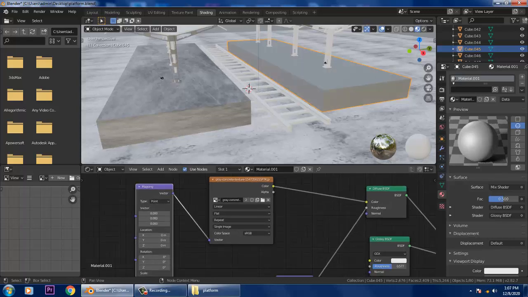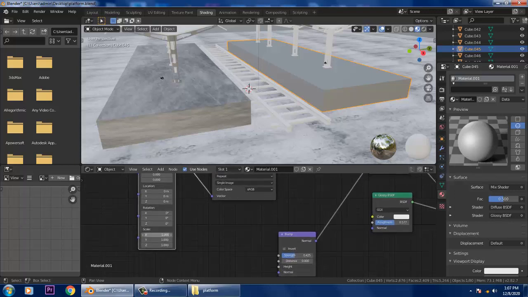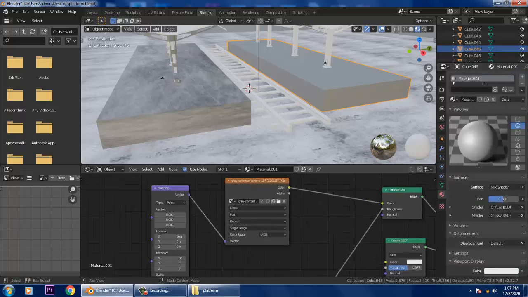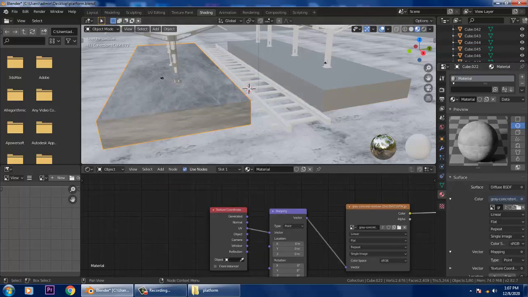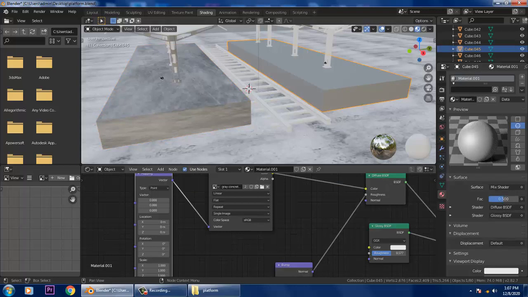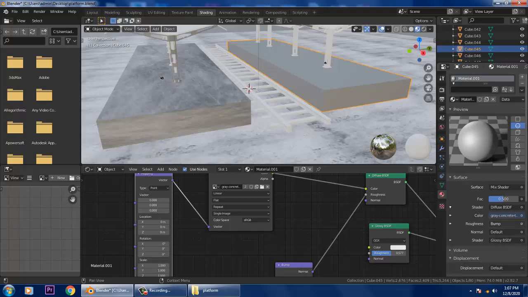So once you add this mapping, into the mapping over here, vector mapping, so roughness, we have a bump over here.